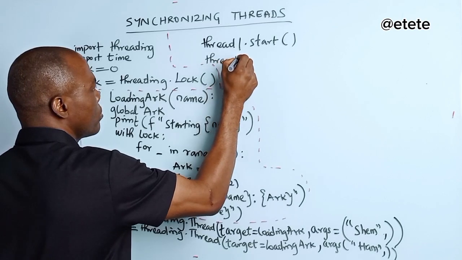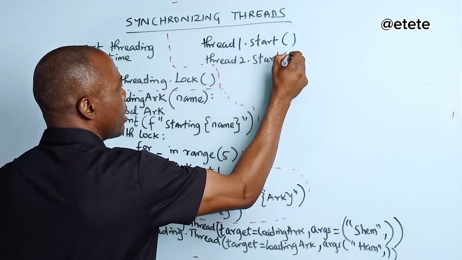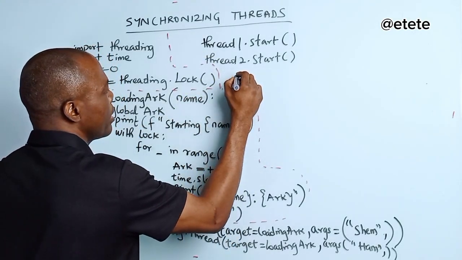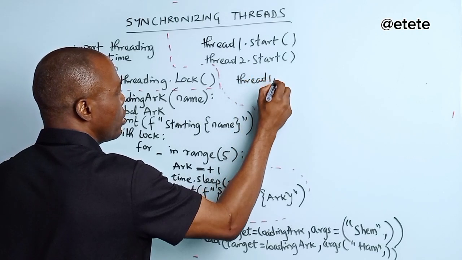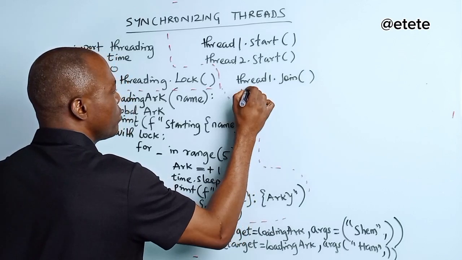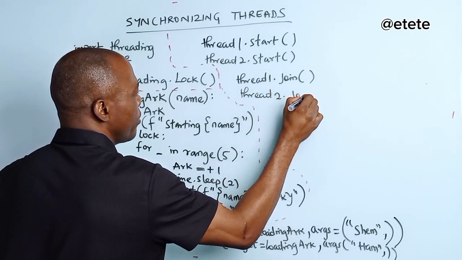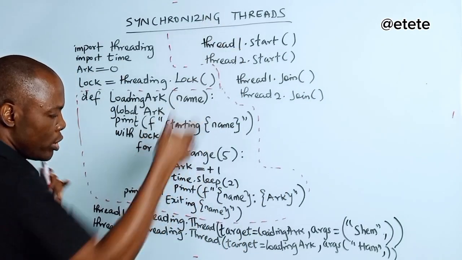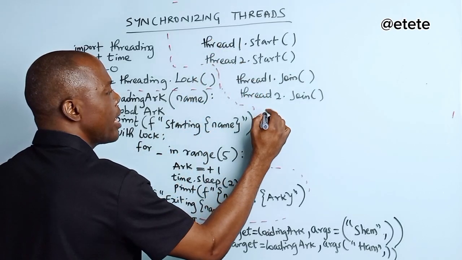Thread 2 dot start. I'll call the start function. Then still under it, but I'll write it here. Thread 1 dot join. Thread 2 dot join. I will explain, right? Then still under it, because all this should be under here, but because you cannot see, that's why I'm writing this. Now still under it, I will now print